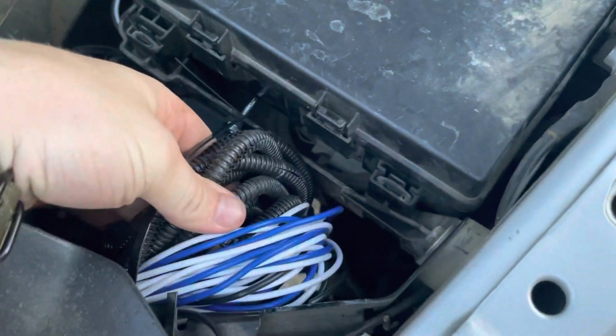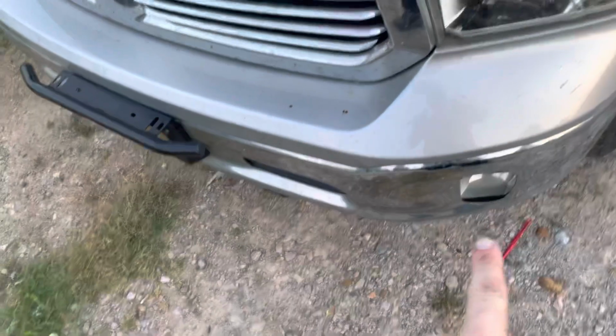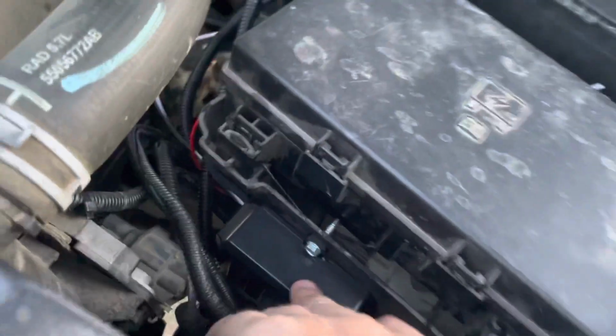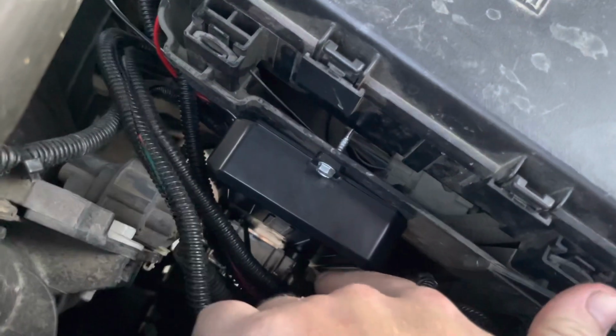Excuse the wiring, this is stuff that I have tucked away that's going to go. Some of it's going to go up here to the fog lights I'm going to put in, and then to the light bar, and then the pod lights on the windshield. Now I'm not going to run those until I get them in, but there's a, I don't know if you